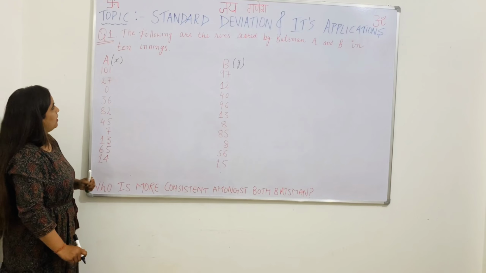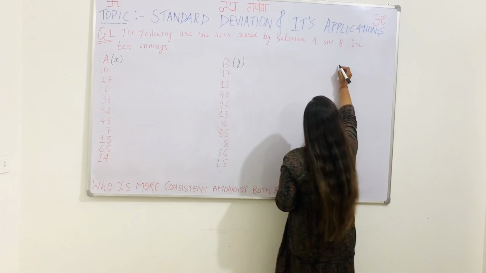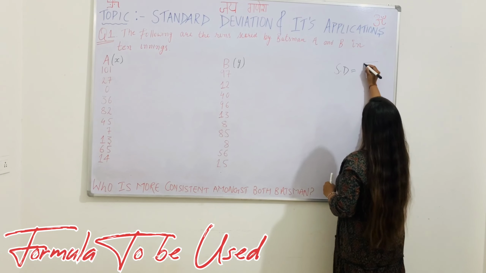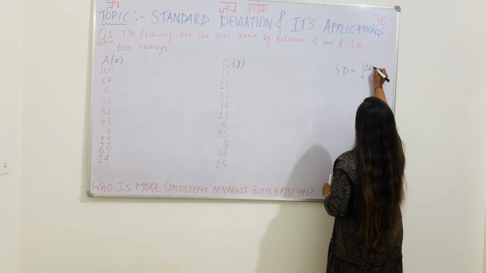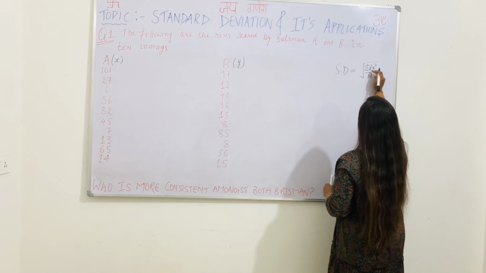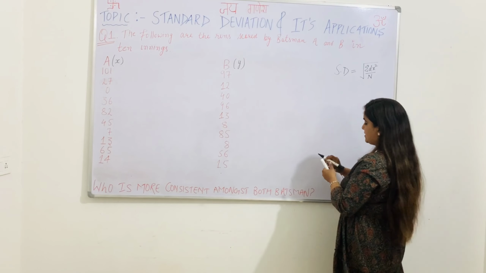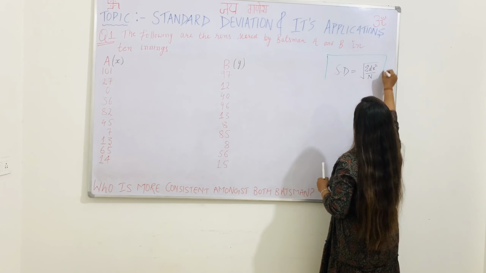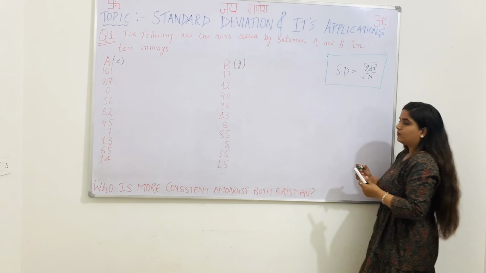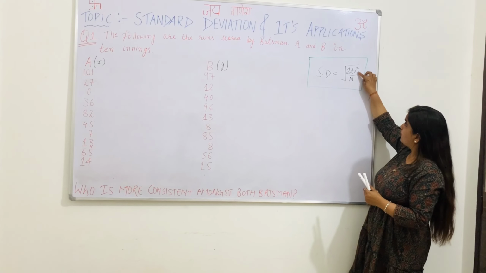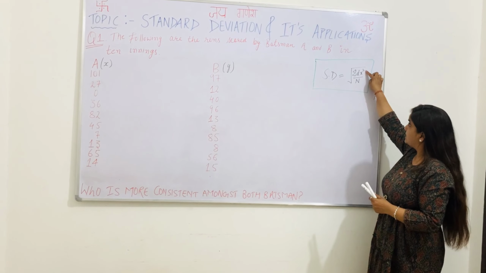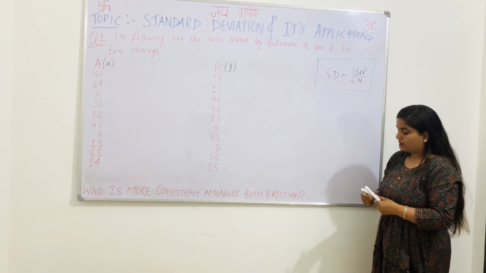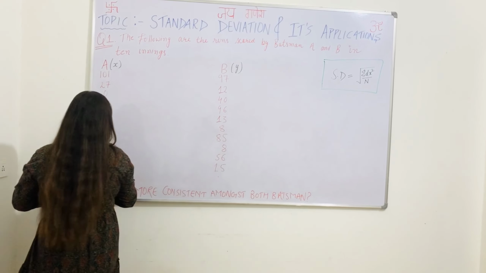As we are going to solve standard deviation, which is written as S.D., the formula is the square root of sigma dx square upon n. So this is the standard formula of standard deviation, on which we have to focus in the entire video. Our focus will be on finding the values of dx here, and obviously we will find the under root of this answer. So here is the process which we will follow.